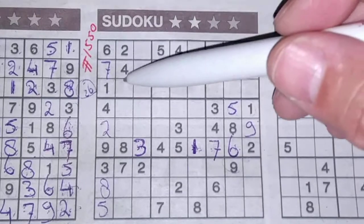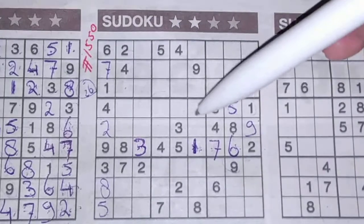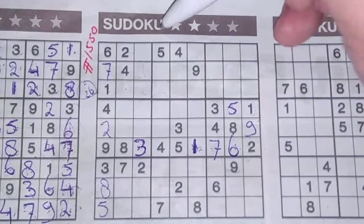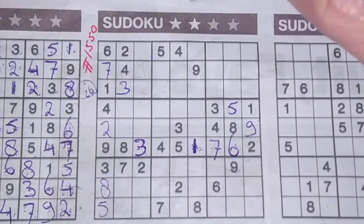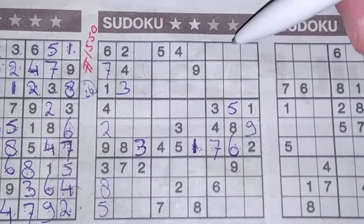Let me see. 4 missing numbers in this big square. One of the missing numbers is 3. We see here 3, no 3 in these 3 boxes. 1 box left for the 3 should be there. Then